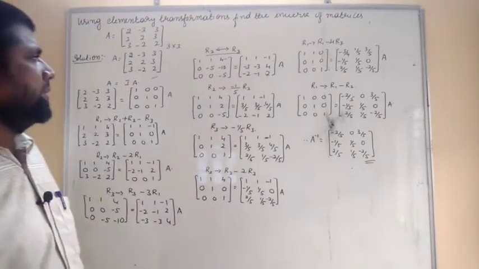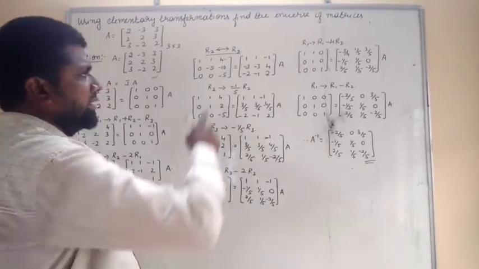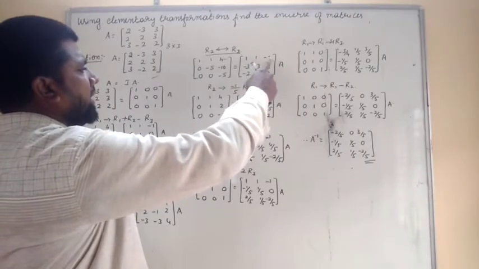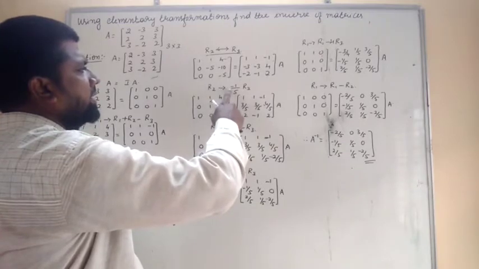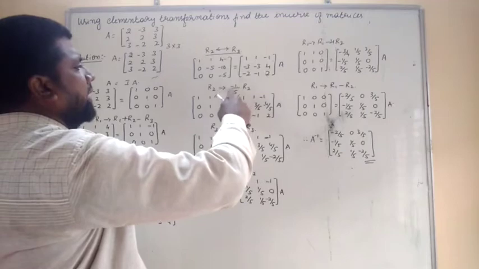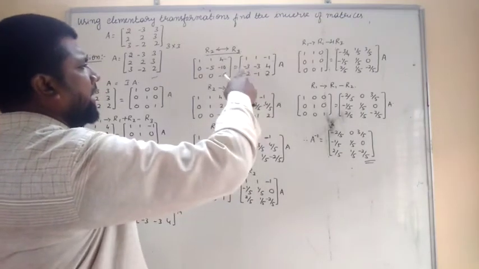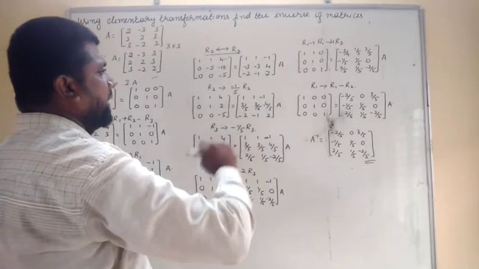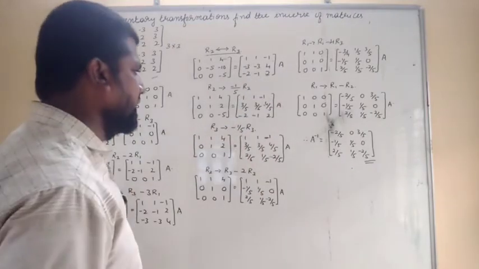So the next step is, in the third step you have to write 0 0 minus 5, same as it is in the above. Then in the right side, 1 1 minus 1 is the first row. Then the second row is, minus into minus plus, 3 by 5 you are getting. Then again minus 1 by 5 into minus 3 means 3 by 5. Again minus 1 by 5 into 4 you are getting minus 4 by 5. Then the third row is minus 2 minus 1 2, you have to write same as it is.